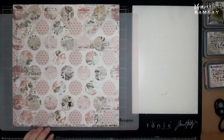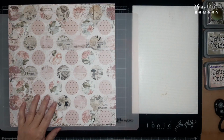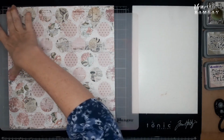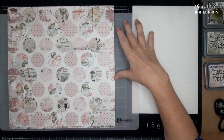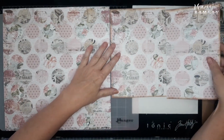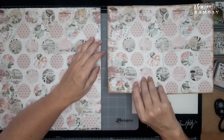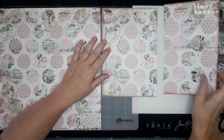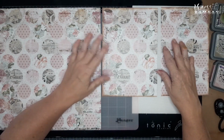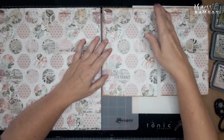Your pattern paper number 1, which is Romance, the back of Romance. It's the big dot. You will need to cut a strip across that measures 23 centimeters. And then you will cut that strip into 2 pieces. One piece that measures 16 centimeters across, and another piece that is 14 centimeters across, like that. Okay, so out of your pattern paper number 1, this is what you need: a 23 centimeter strip cut into